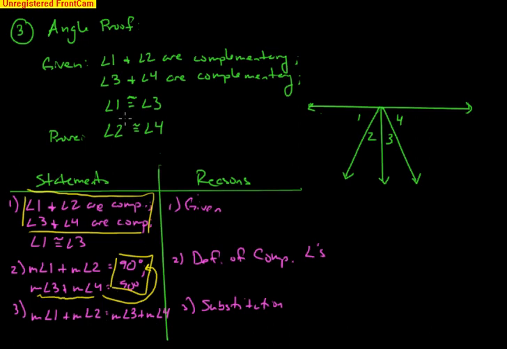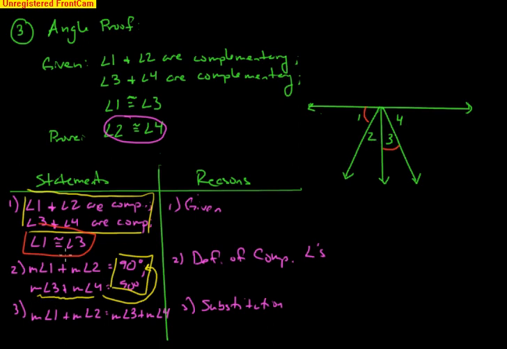Now again, always keep in mind what you want to prove. You want to prove 2 and 4 are congruent. That means angle 2 and angle 4 need to hang around, so maybe 1 and 3 can disappear. But just like the last proof, 1 and 3 have to become the same. It has to be 1 and 1 or angle 3 and 3. Well, look at what we haven't used yet in the given. We haven't used this fact yet. If we mark it, angle 1 is congruent to angle 3. All right, if we mark it, then we can maybe see that angle 2 and angle 4 should also be